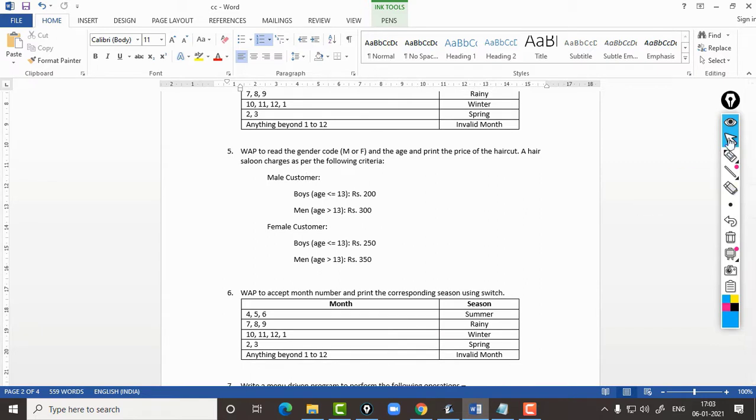Now the next question is question number 5. So this one is interesting. Write a program to read gender code in the form of M or F, a character that is, and the age also, and then we have to print the price of the haircut.